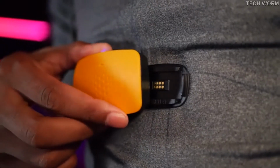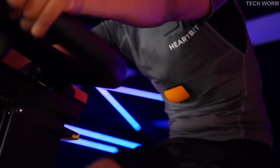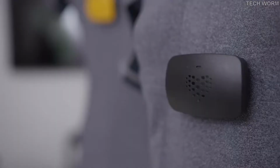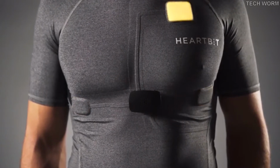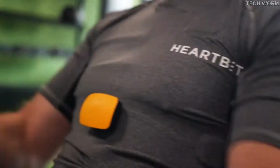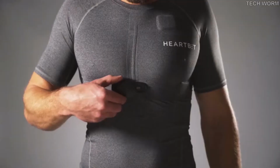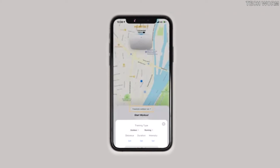an advanced heart monitor and active wear system that helps athletes at all levels listen to their heart and take better care of it. HEARTBIT is not just a monitor. It's an integrated system made up of a compact and powerful monitor that measures stress levels, heart rate, and rhythm. A smart, machine-washable t-shirt for the monitors to clip on, and an app that helps you plan your activities and